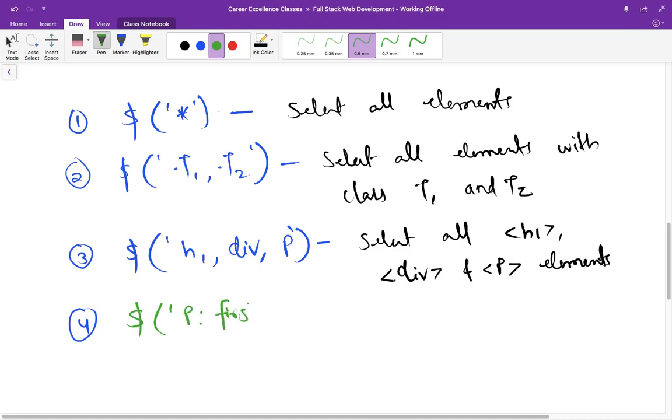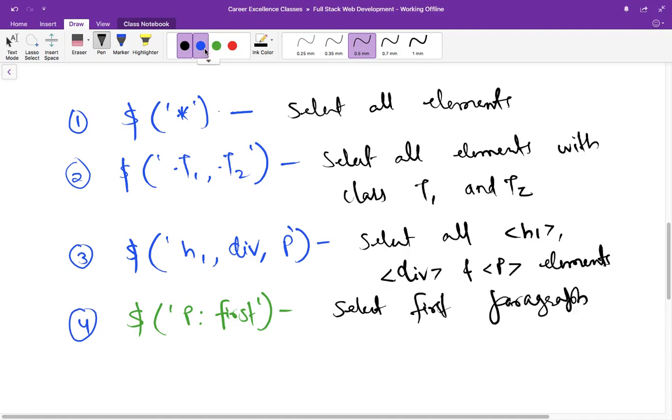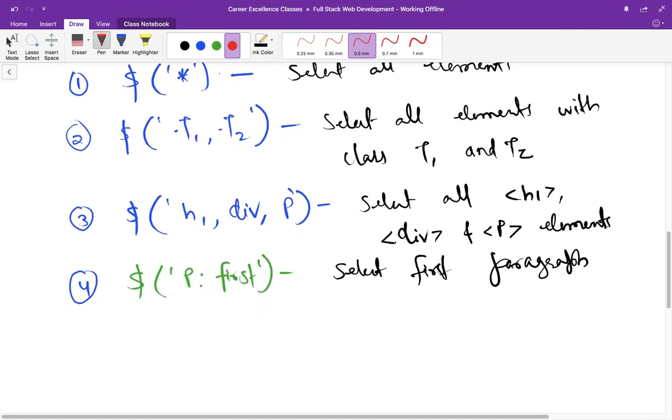Here we are using P, which means paragraph, and then we are using first. So that means select the first paragraph. Not only first, but you can select the last paragraph, or you can also use odd or even.